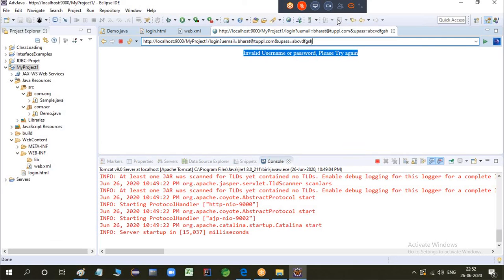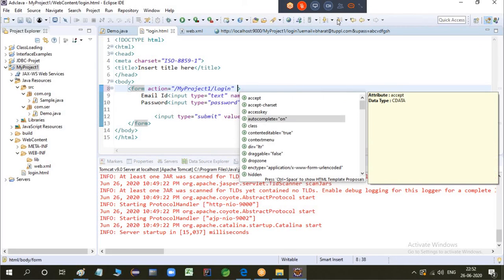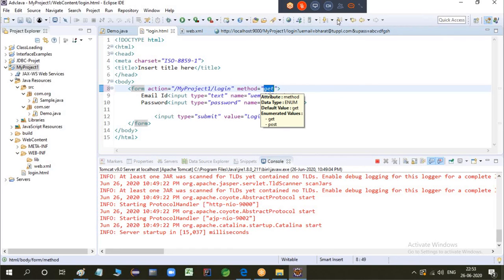See, one more thing you can add. When you're sending the request to the server, your username and password is attaching with the URL and going to the server. Means everyone can see your password here. All right, so randomly I have added some number. Whatever the password is, everyone can see. So to encrypt that, we have one more option in HTML pages. In the action format, method type you can change. By default, method type is get.